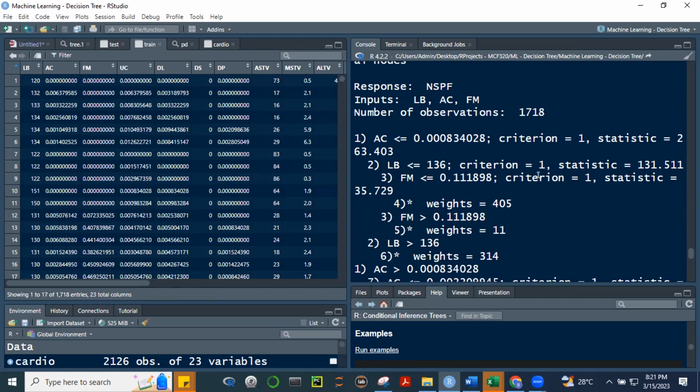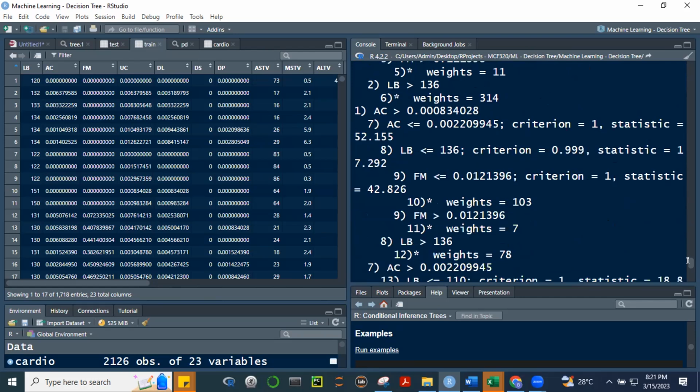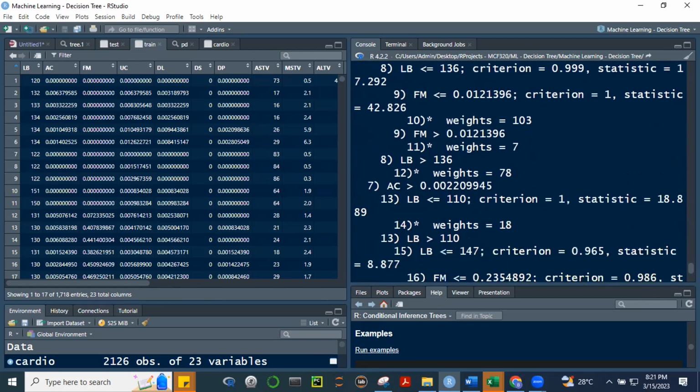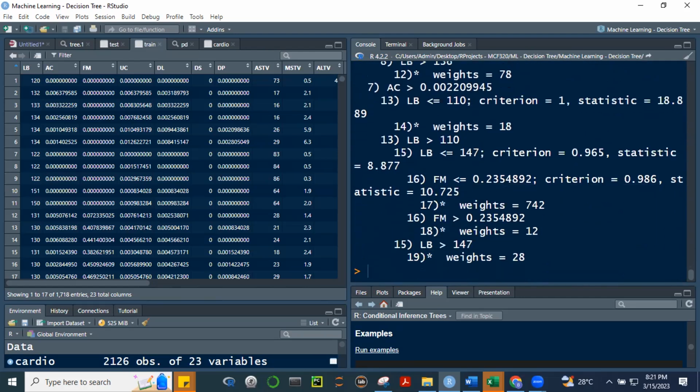Yes, sir. So tama siya dito, no? Tapos if not, pupunta naman siya sa FM. Alright? So, yun yung pattern niya, no? So that's what it does. Alright? So let's take a look at